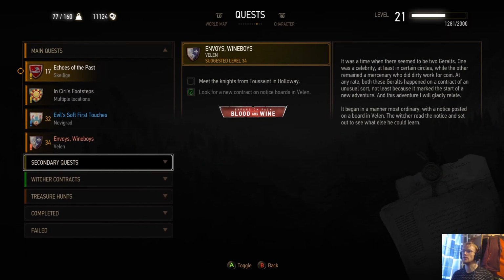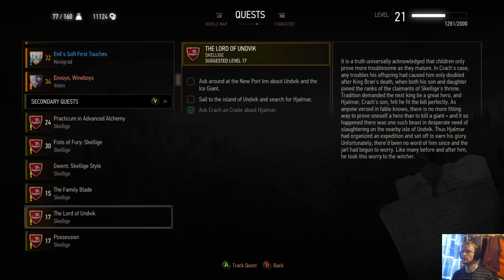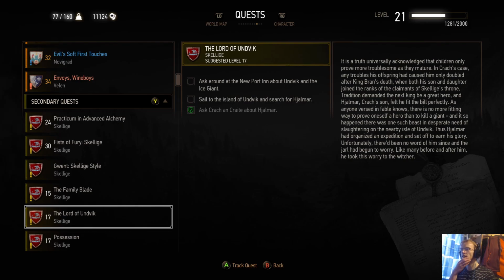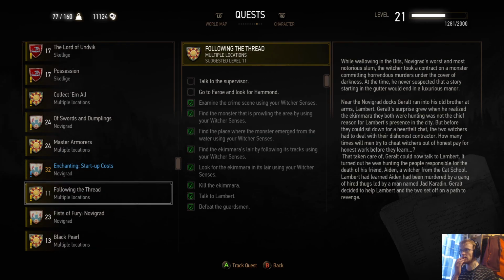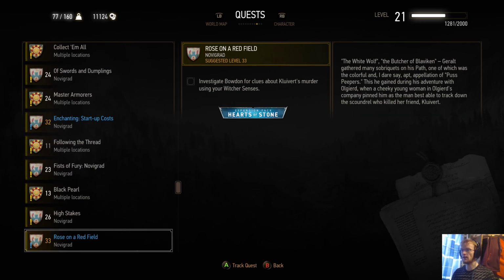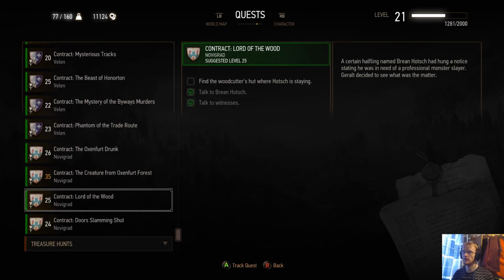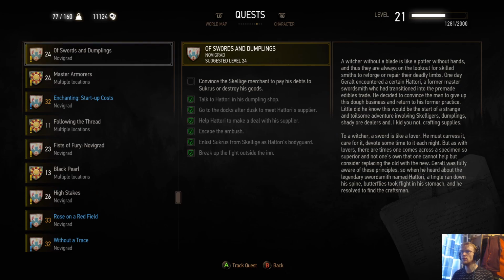Now, what do we want to do? So it's the Family Blade, Lord of Unvik, and Possession. So those two are for crack, which means we could probably prioritise those, to be fair. We need to go to Pharaoh's, look for Hammond as well. Any Witcher contracts as well. Nothing urgent, to be fair. Right, so I think...